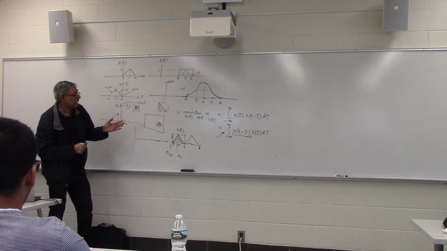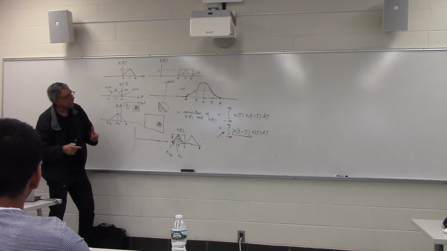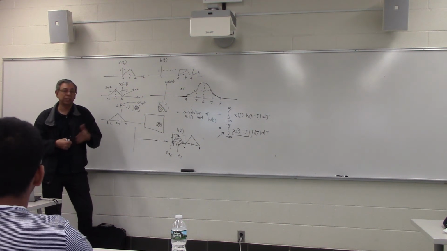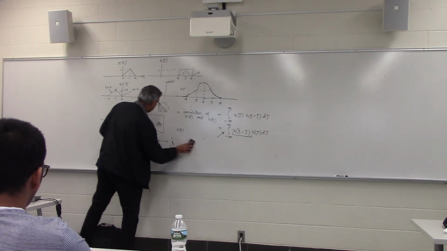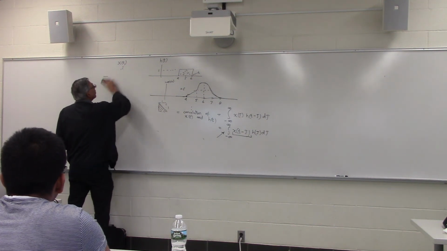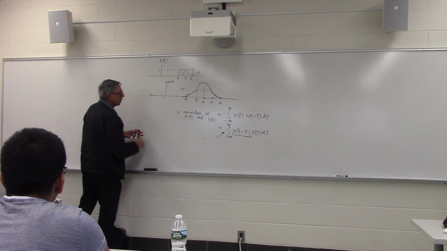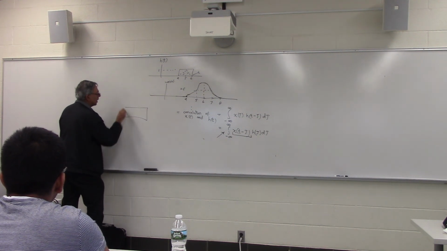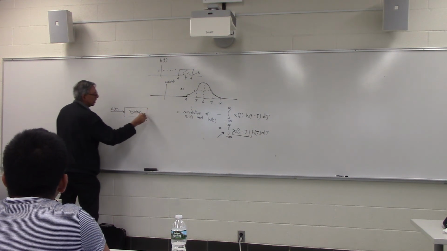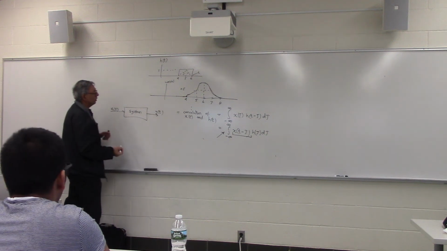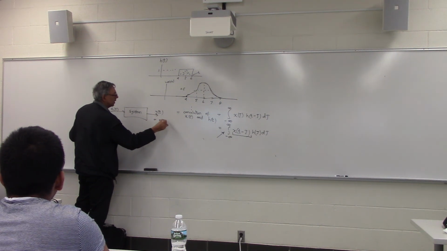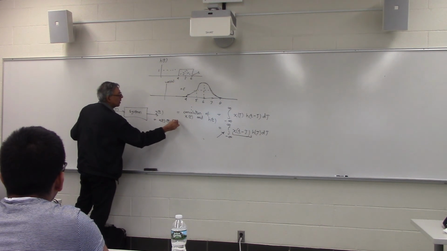Okay, so for today, let me give you one more concept, and then in the next lecture, I'll tie it to developing kernels for our imaging applications. So the second concept you want to remember is, if we are given a system, we give it some input x of t, output as y of t. How is y of t related to the input? It's always x of t convolved with the impulse